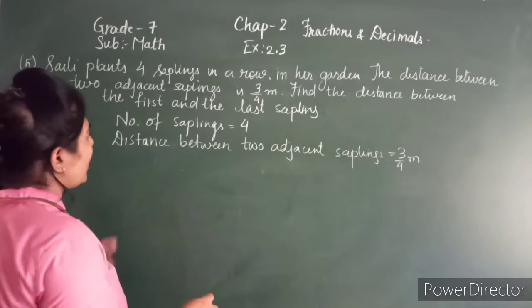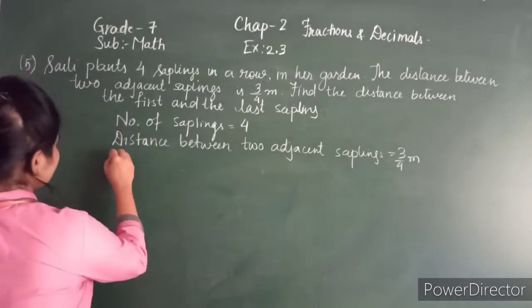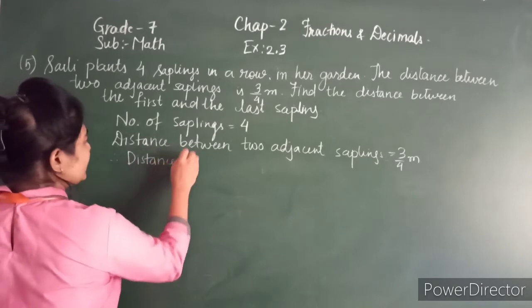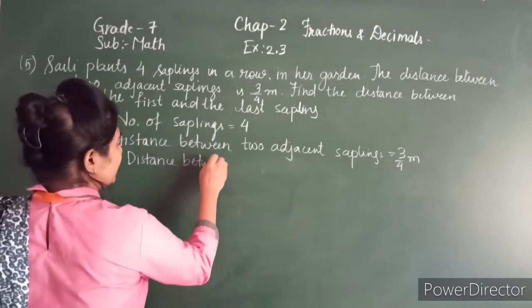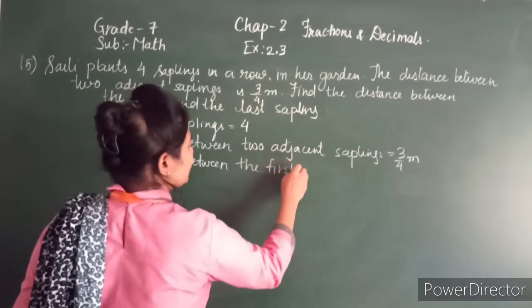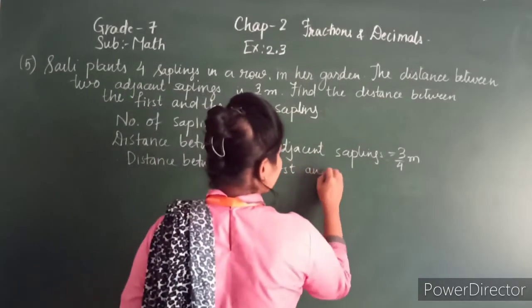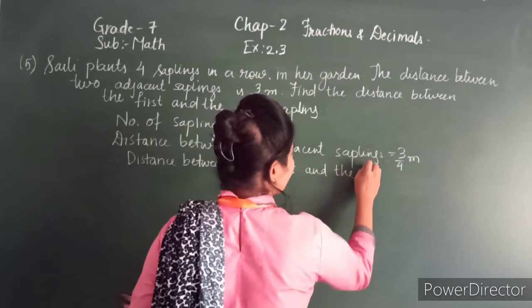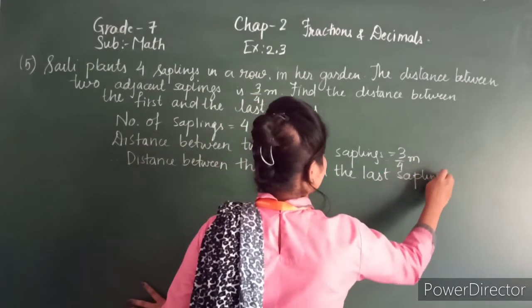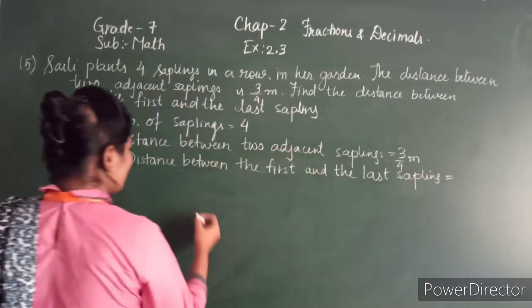Then we have to find the distance between the first and the last sapling. Therefore, distance between the first and the last sapling is equal to, so let's